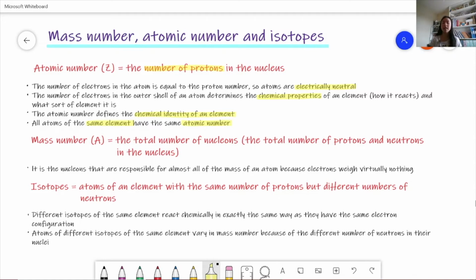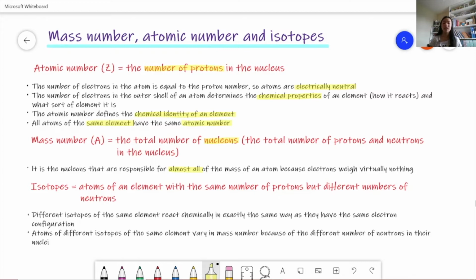And then the second definition that we need to know is the mass number. We sometimes call this A. And this is equal to the total number of nucleons. So what we do is we add up the total number of protons and the total number of neutrons, which are both in the nucleus, together. And it's the nucleons that are responsible for almost all of the mass of an atom because electrons weigh virtually nothing. So we saw that the relative masses of protons and neutrons were 1, and electrons were 1 over 1,840,